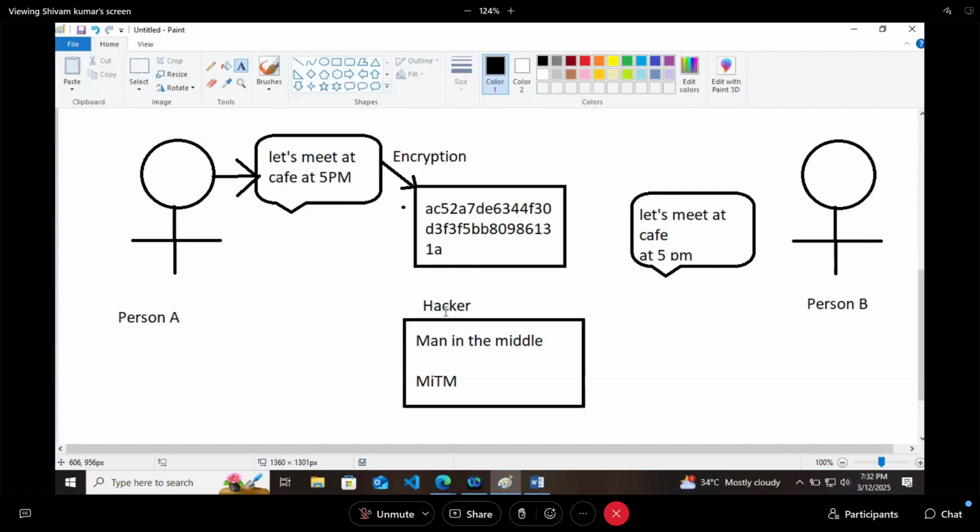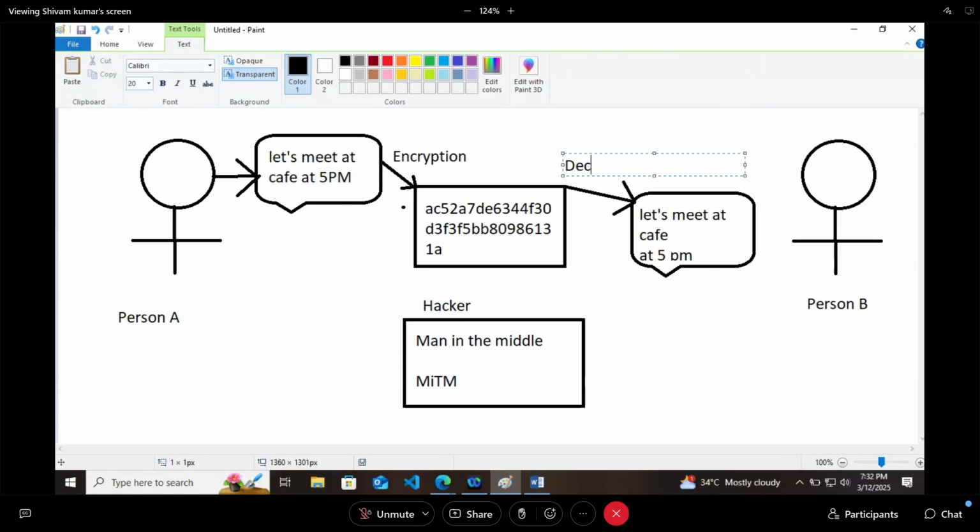Continuously there is an evolution, because a hacker is also a human being. If you are trying to find a way to secure, he will find a way to hack. So this way lasted for a long time. And this process, when cipher text is getting converted to plain text, is called decryption. Encryption and decryption.